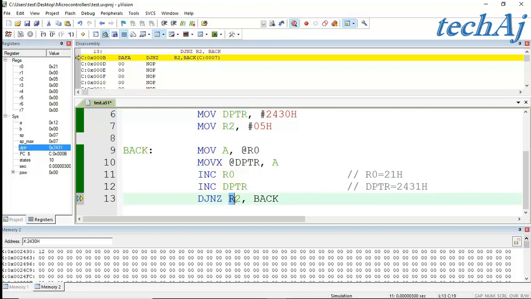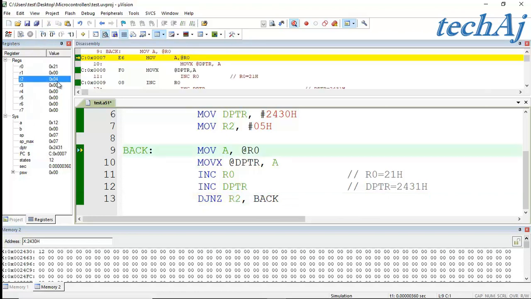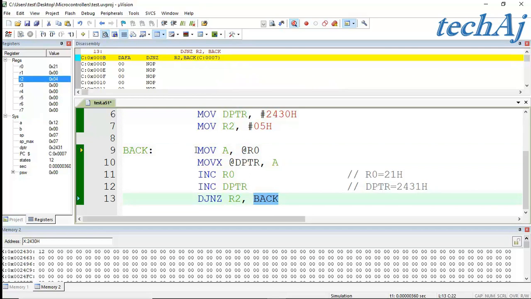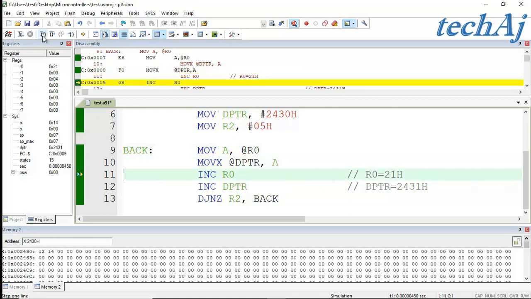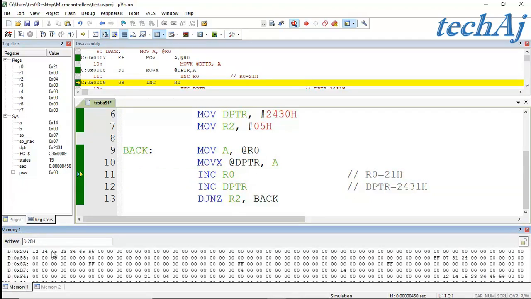Then it will decrement the value of R2 and compare with the 0. R2 is 4, which is not 0, so it will jump back and go for the next data byte transfer from next address location, that is 21H, to the next address location 2431. And next data byte has been transferred to the external memory.